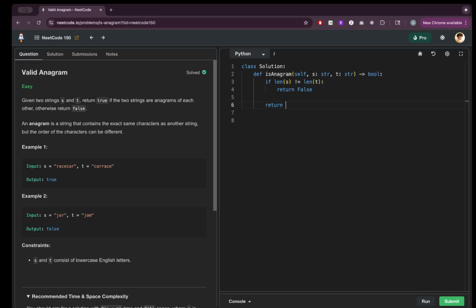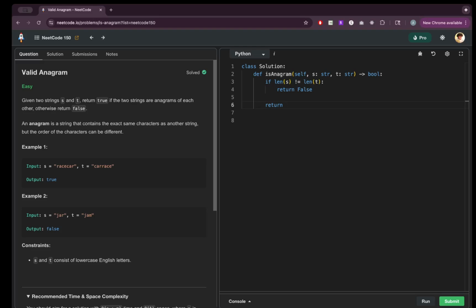Fortunately for us, Python has a sorted function, which allows us to sort a string. It can also sort integers, ascending or descending, but it can also sort strings. It sorts strings lexicographically, meaning alphabetical order, A to Z. So why do we call the sorted function? Because